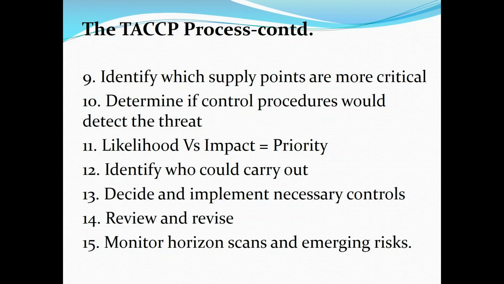Next step is assess the likelihood of routine control procedures detecting such a threat. What is the likelihood of it? It's again some kind of risk management approach. What is the probability? What is the severity? Again, these things are quite common in the HACCP system. Similarly, you are assessing the likelihood of the threat happening, and what about the impact of those things? So that is step 11 and 12.